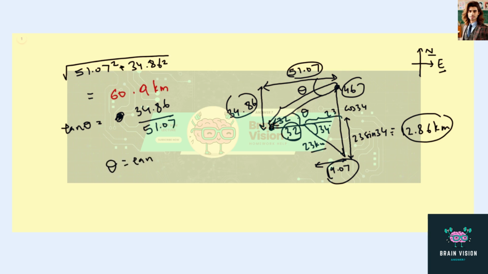Hence, theta equals tan inverse of 34.86 divided by 51.07. By plugging this into a calculator, we can see that this is 34.32 degrees. Hence, we want to go a distance of 60.9 kilometers at an angle of 34.32 degrees, but